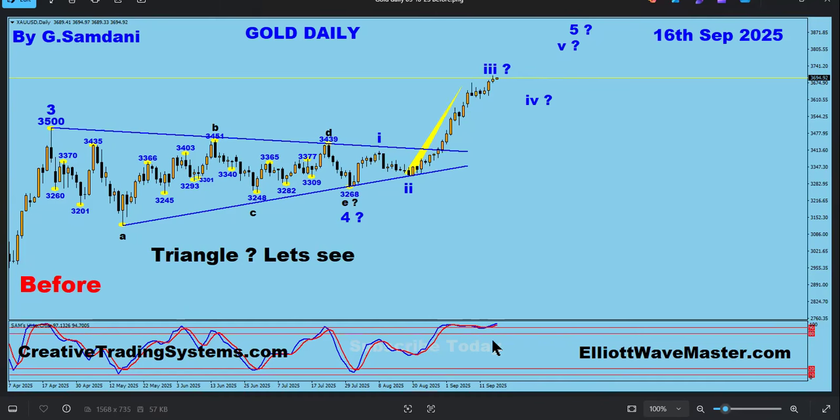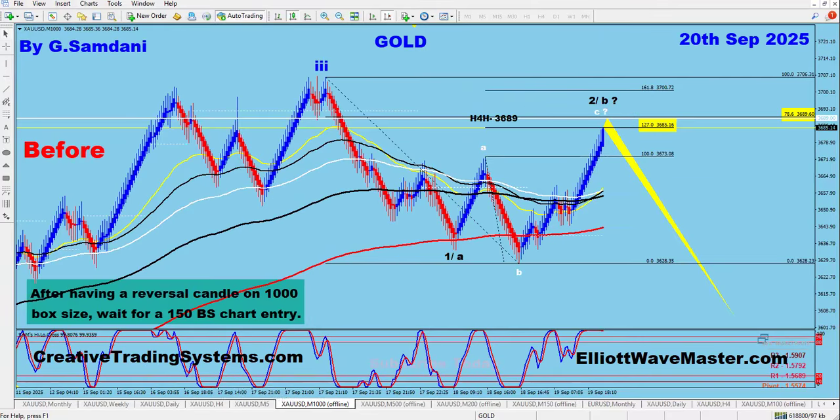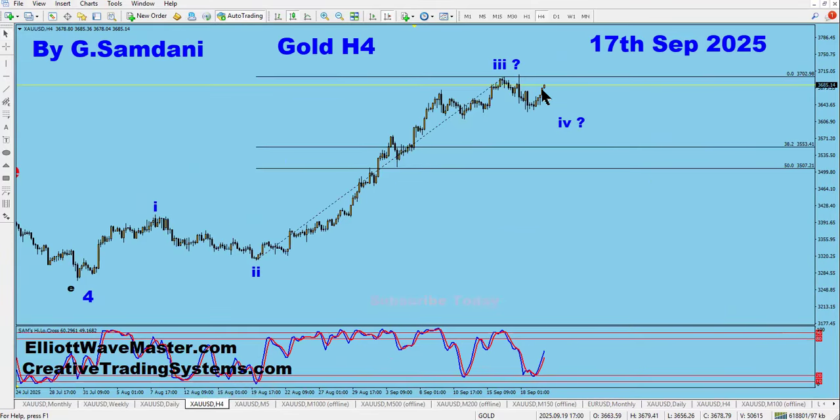So far, what happened to this chart? Let's take a look at the 4-hour gold chart. Is this okay? It ended exactly where I said it would be. Then it dropped, and then it went up, and we ended the week like this, right. Is wave four finished? No. Wave four should be equal to or bigger than wave two.